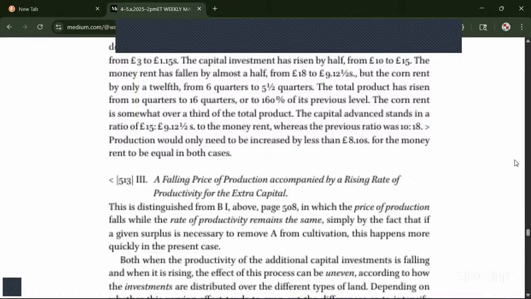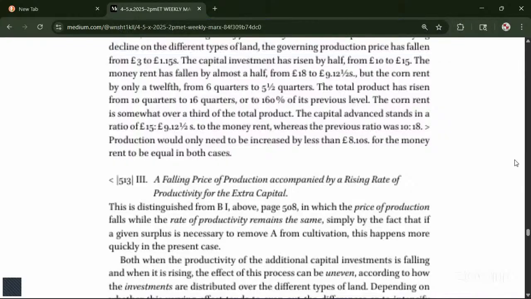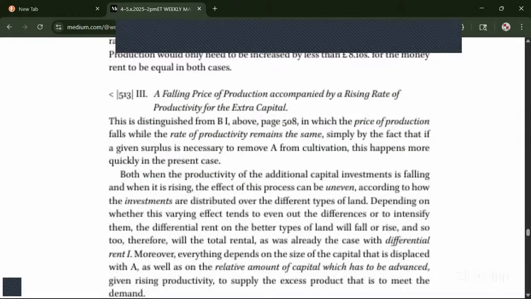Number 3. Manuscript page 513. A falling price of production accompanied by a rising rate of productivity for the extra capital. This is distinguished from B1 above, page 508, in which the price of production falls while the rate of productivity remains the same, simply by the fact that if a given surplus is necessary to remove A from cultivation, this happens more quickly in the present case, both when the productivity of the additional capital investments is falling and when it is rising. The effect of this process can be uneven,